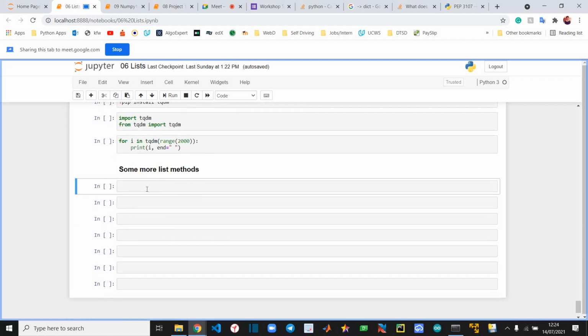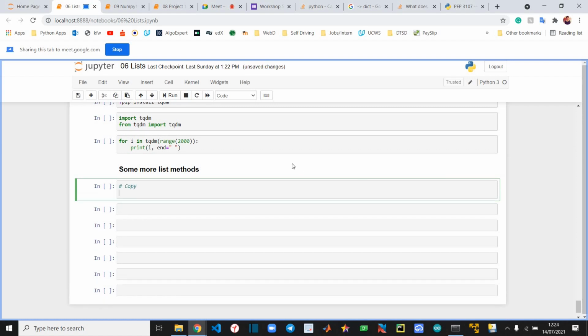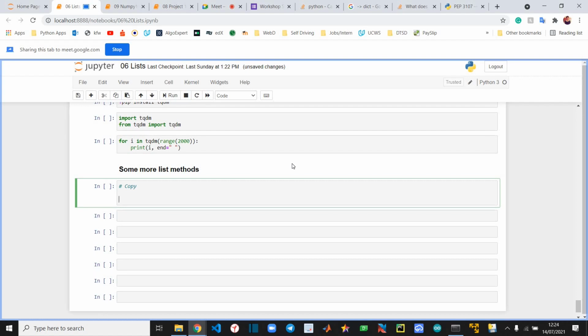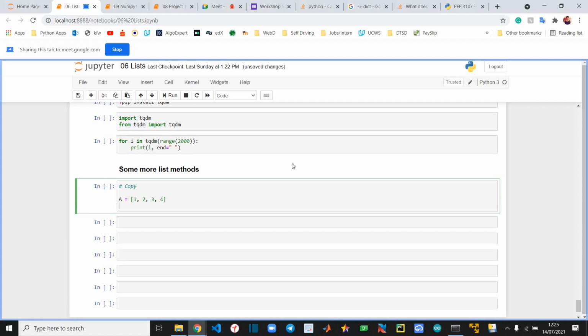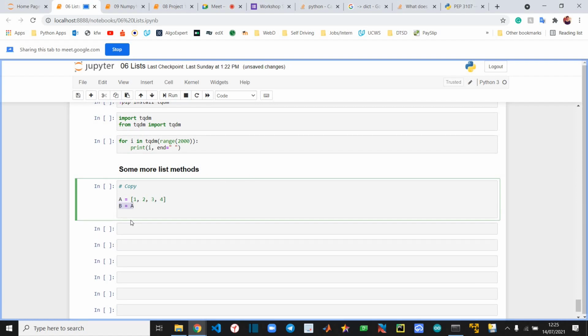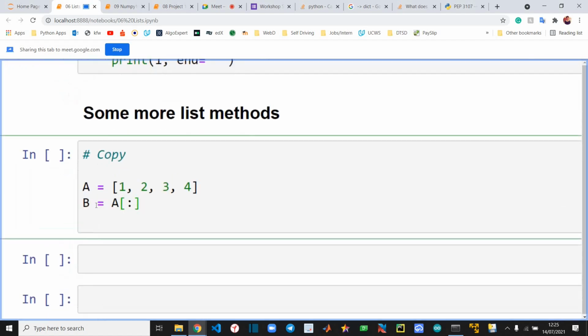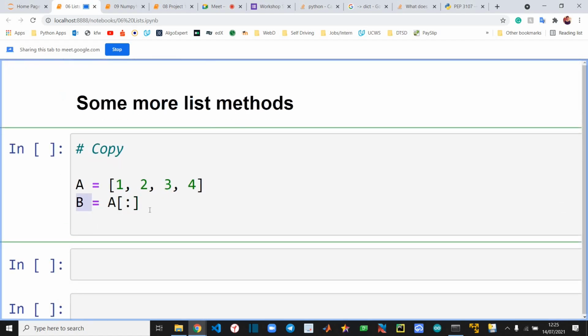Okay, so I have some list methods that I did not cover last time. The first method will be copy. Remember last time we had a list a equal to 1 2 3 4, and then we had something like b equal to a. This was call by reference. Whatever changes we make in a will be made in b. The other way was, if we don't want to use call by reference, we can use call by value, and we can copy like this. So whatever changes are made in b, none of the changes happen in a.